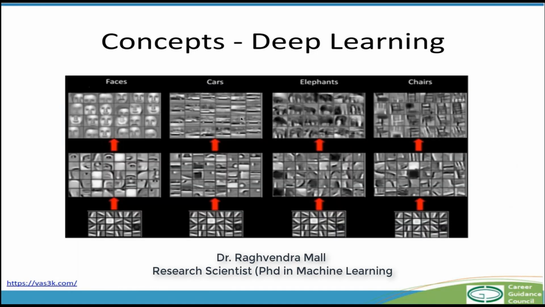So this is just another example from faces: the different convolution layers learn different things. At the lowest level they learn about edges. From these edges they build shapes, and from these shapes they learn about the faces. So this is how these different layers of convolution work, and they learn different things.